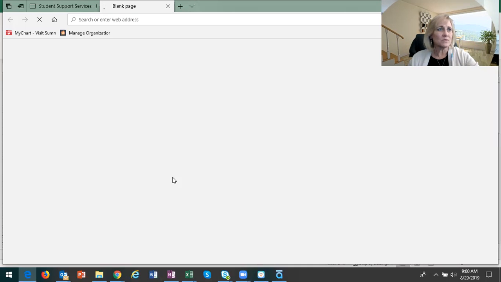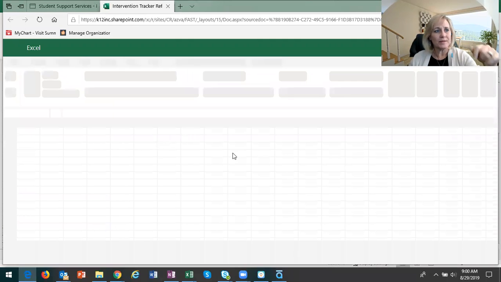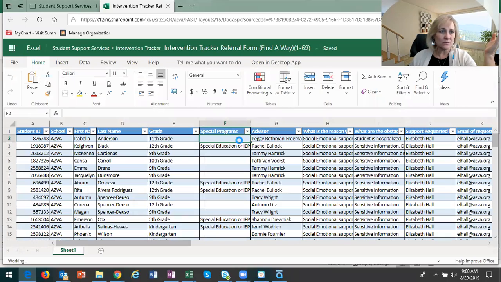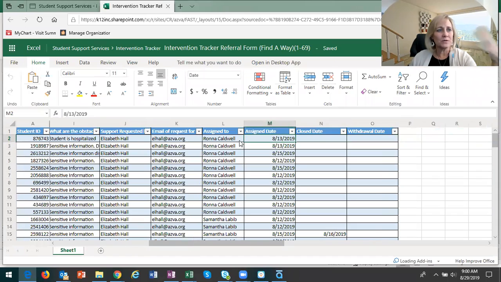to see all of this updated in here. I'm just going to open this document up so you can see that I will be the only one editing this document, and in this document we'll see information such as who it's assigned to, the assigned date, close date, and withdrawal date. I will tell you, to be very blunt, I made up some of these assigned dates, because I really wasn't sure. I'm not as worried about the date of the assigned student as long as I know the student is being